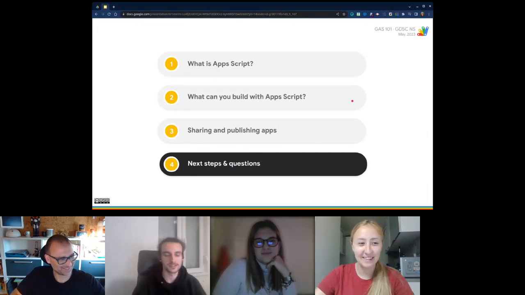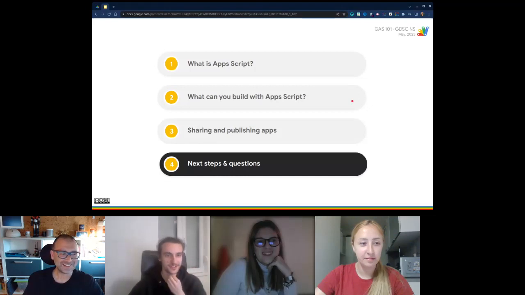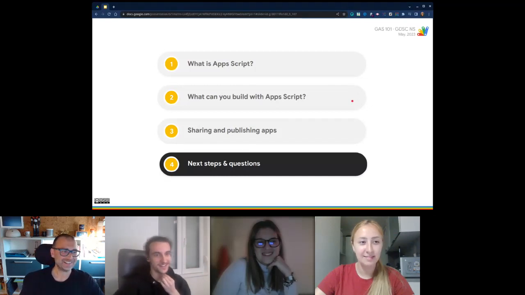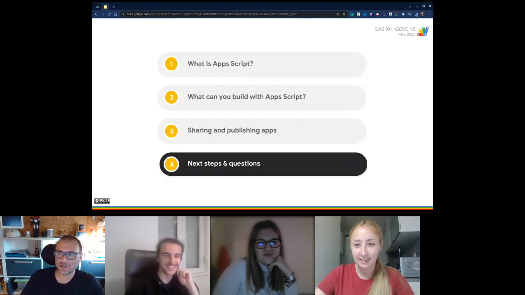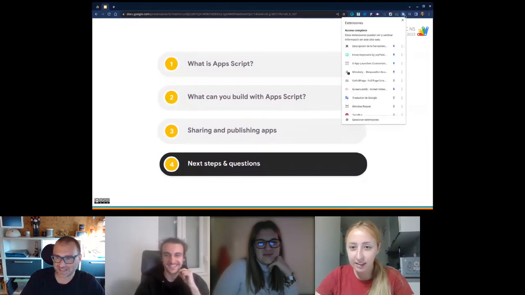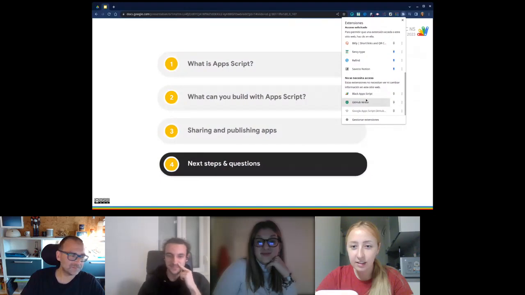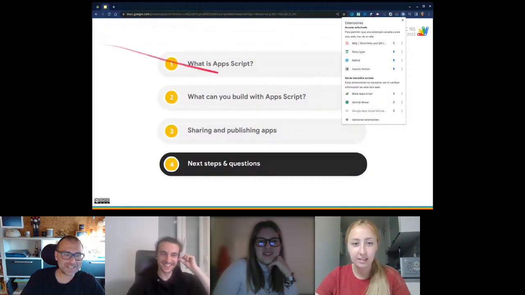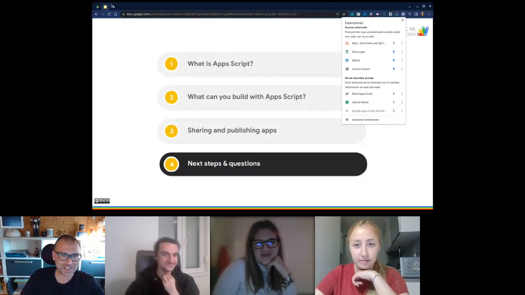I just wanted to say that I'm pretty jealous of your dark mode because it's not available for regular Gmail, but I hope it's coming soon. My regular mode is available for you. This is a trick. This is an add-on. You can install it yourself. It's called, where is it? Black Apps Script. It does many other things apart from a dark mode that I let you discover.